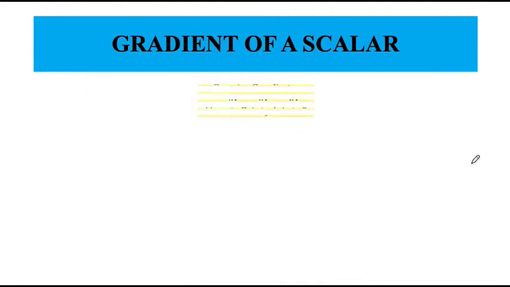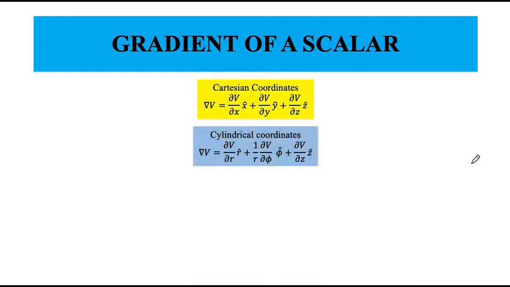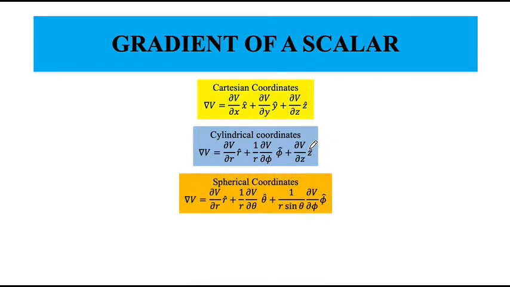Now the expression for gradient in cylindrical coordinates is given by the partial differentiation of V with respect to r in the r hat direction, plus 1 by r times the partial differentiation of V with respect to phi in the phi hat direction, plus the partial differentiation of V with respect to z in the z hat direction. Similarly in the spherical coordinate system,